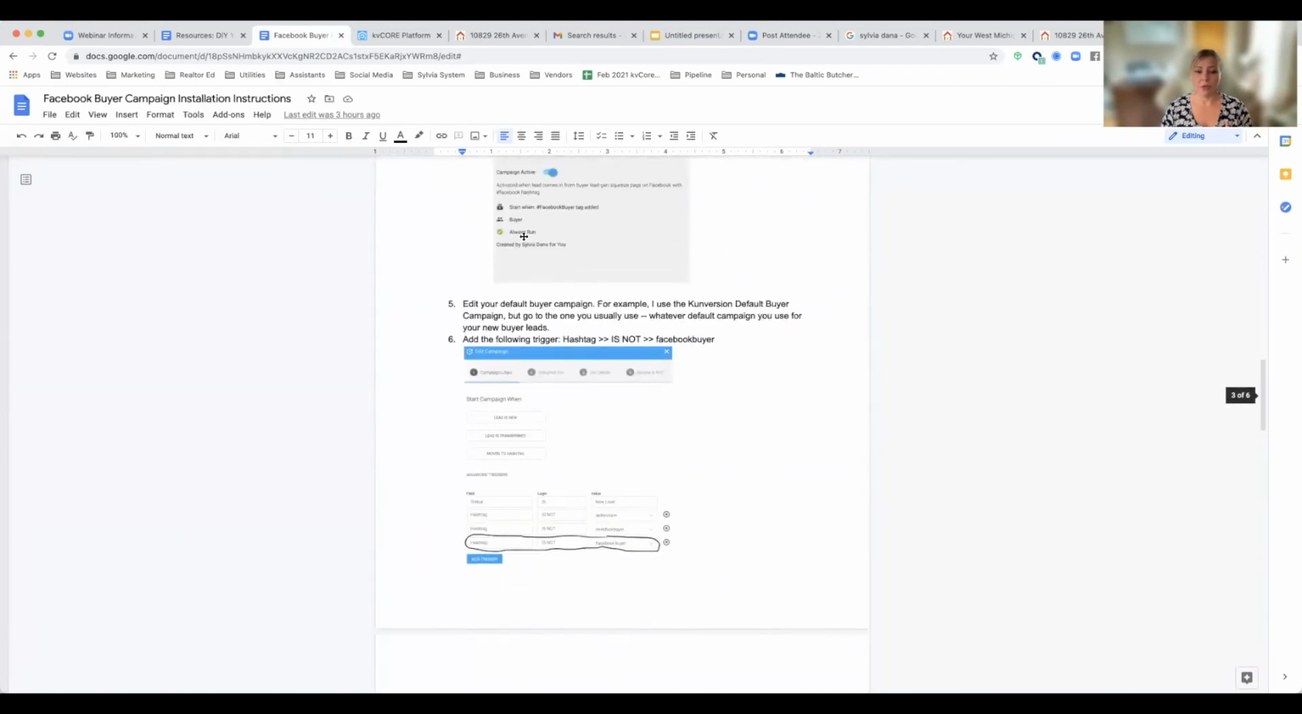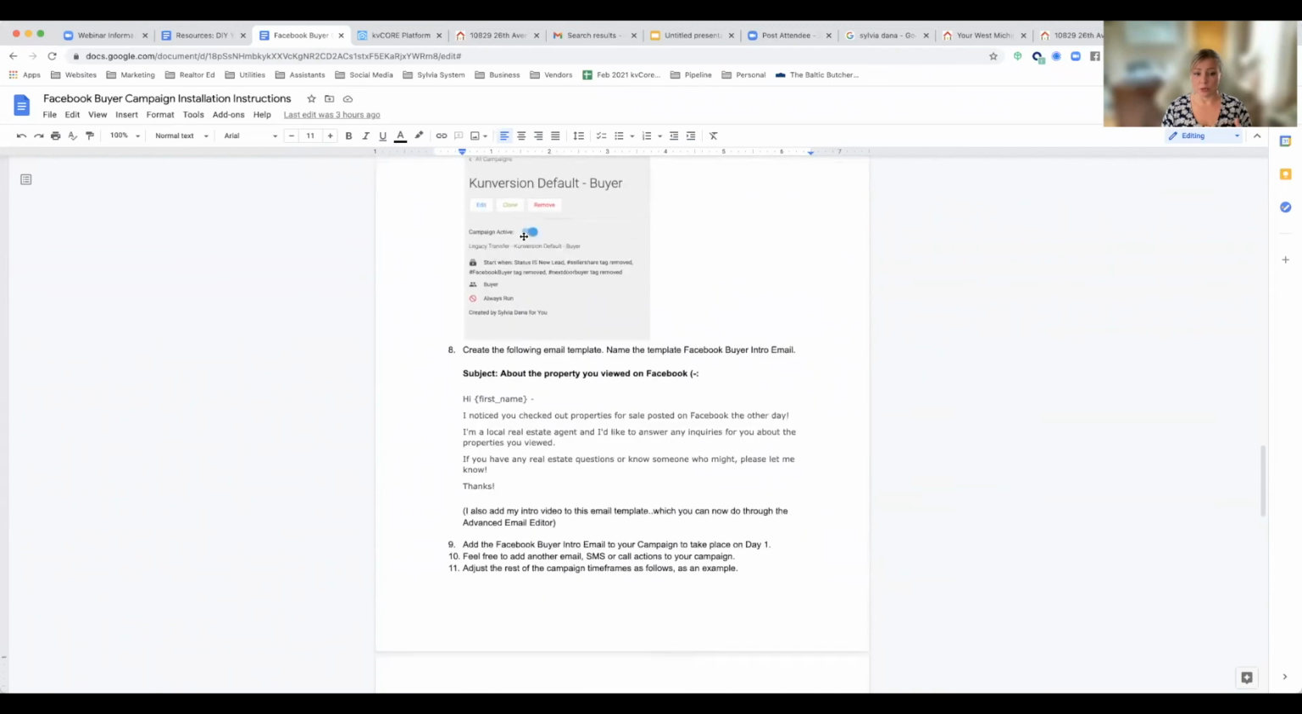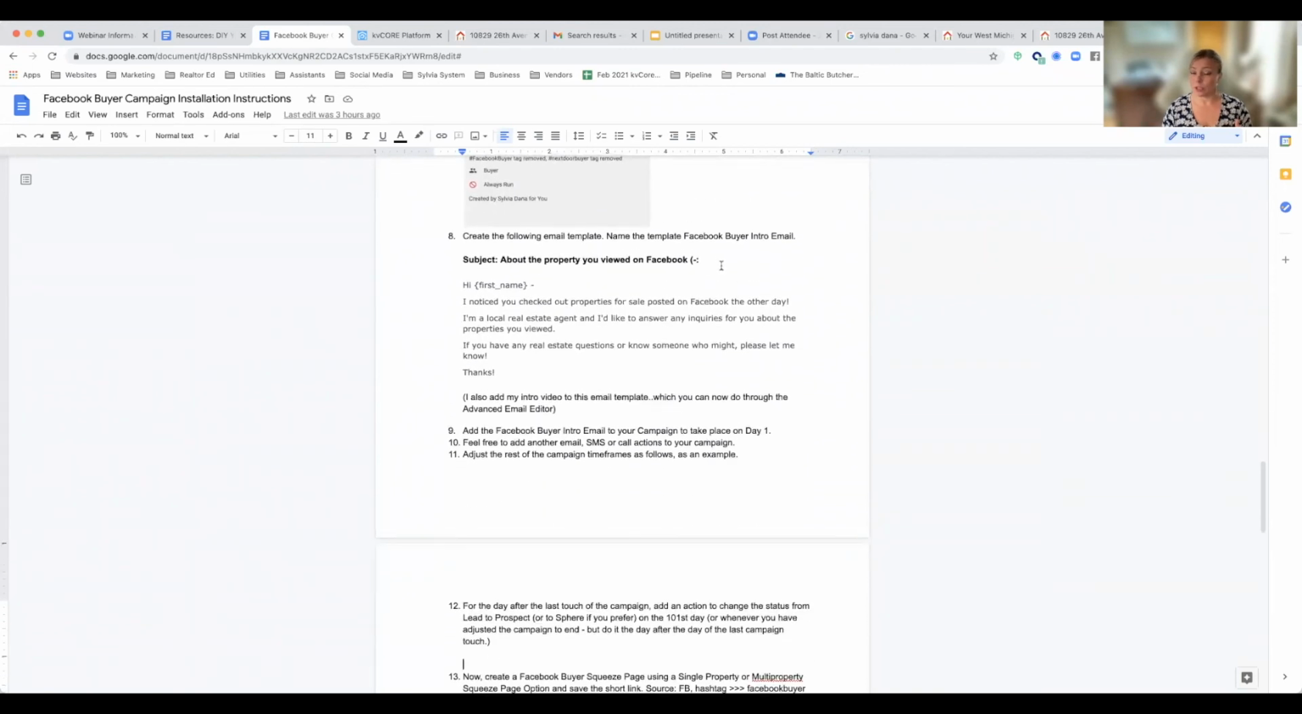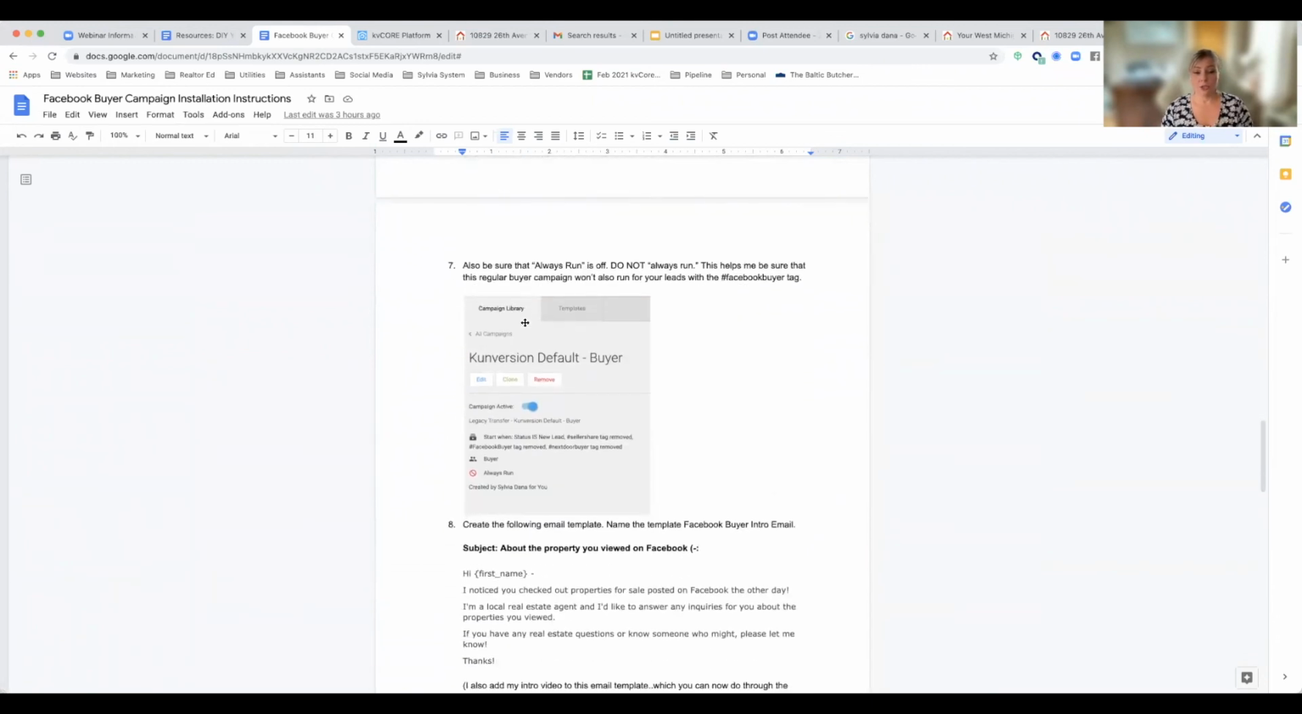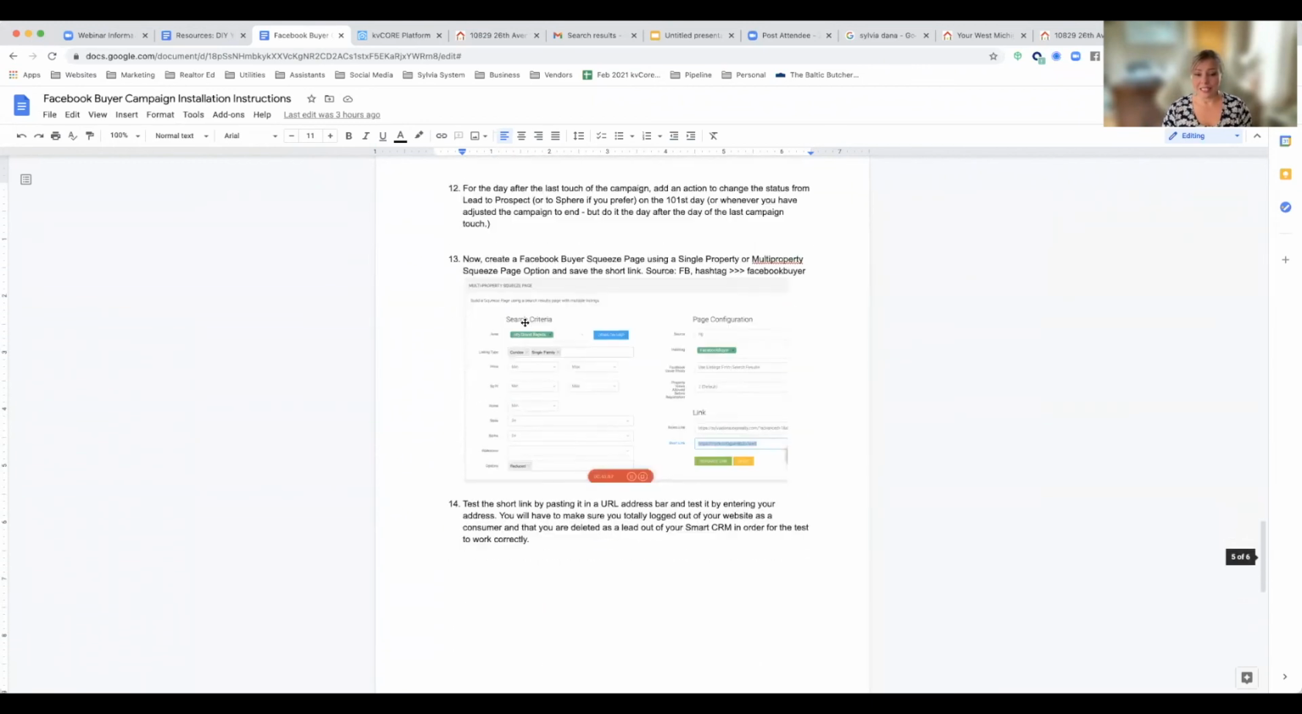I give you the first email to create, and even with the subject line, this is exactly what I have: about the property you viewed on Facebook, smiley face, and then the little message. And then you can do more. Feel free to add text messages or other emails too that mention Facebook. You're welcome to do that, but at least you get the idea of it here and how to